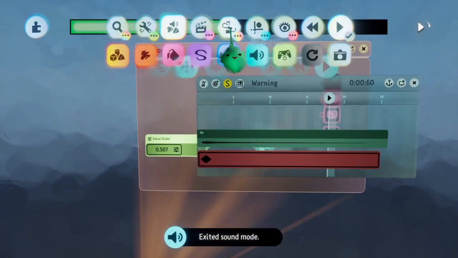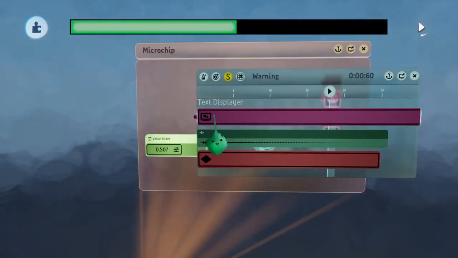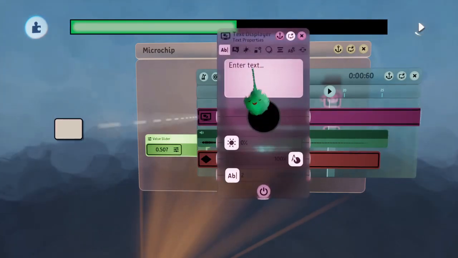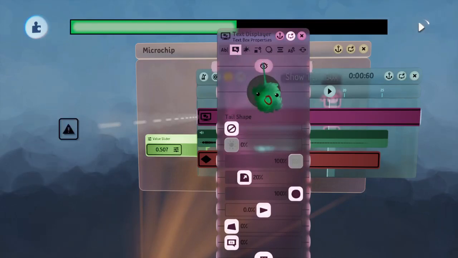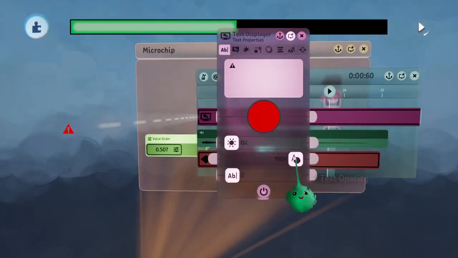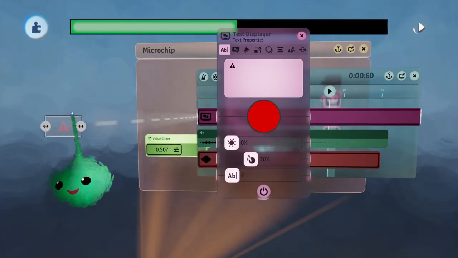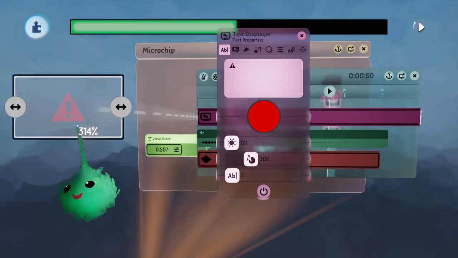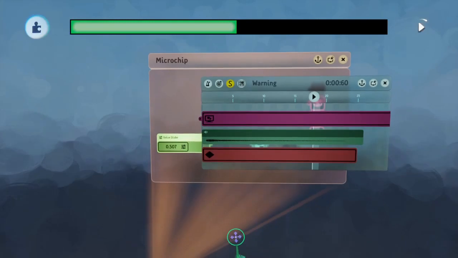So if I wanted an icon of like a warning symbol, I could put another text displayer in here and give it the icon UI alert and just plaster that on the screen. So make it red or something. And just make it appear to the side,